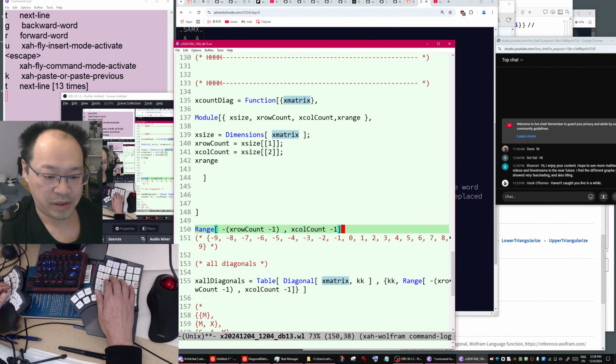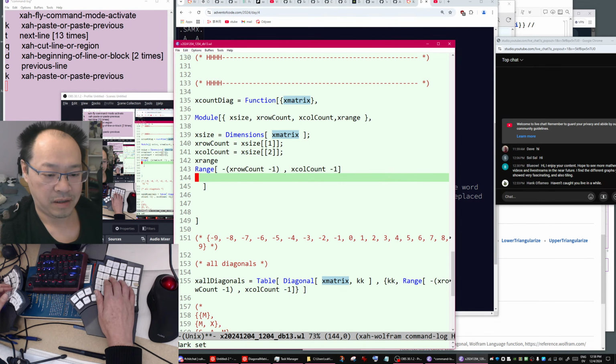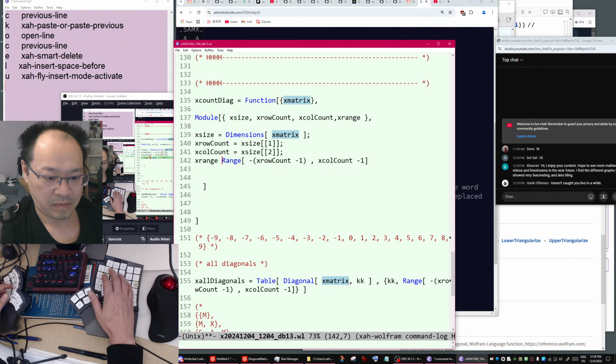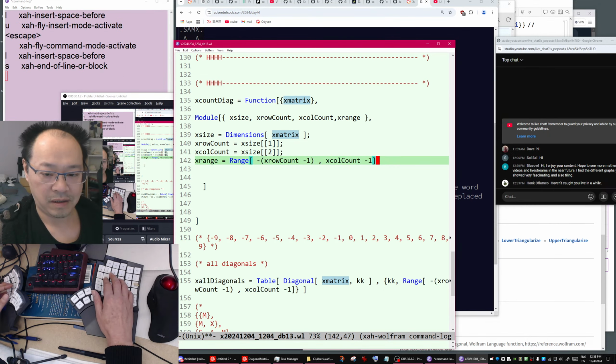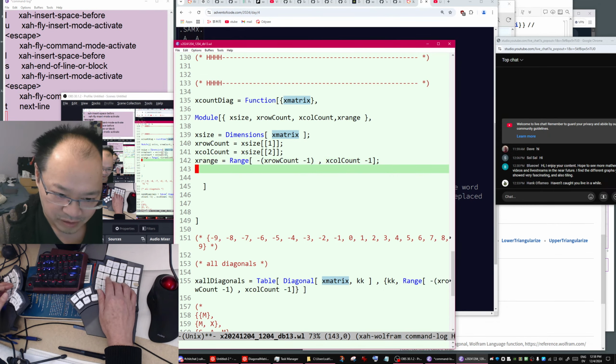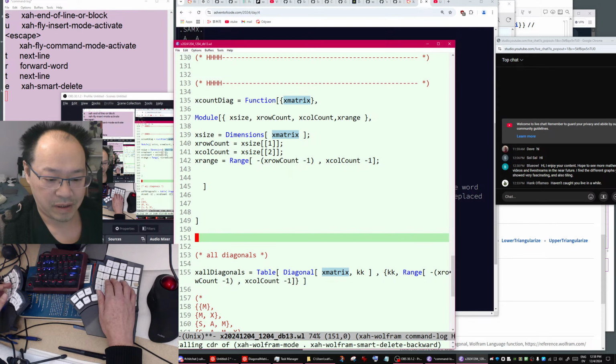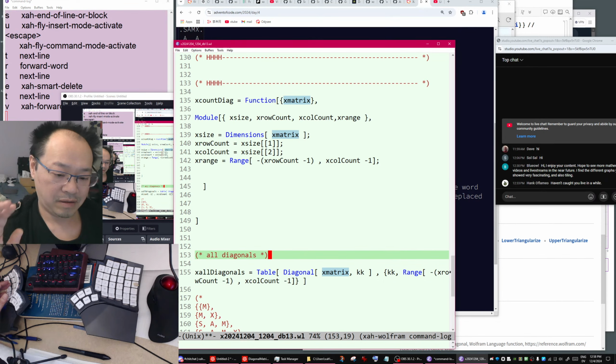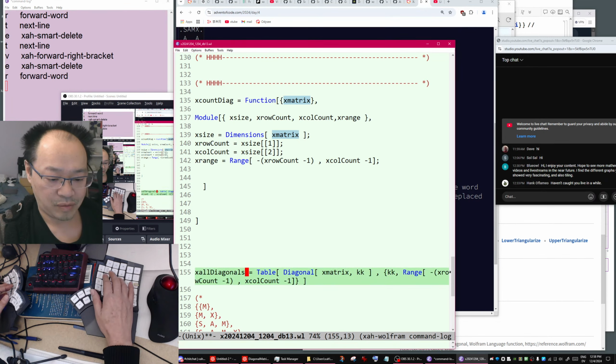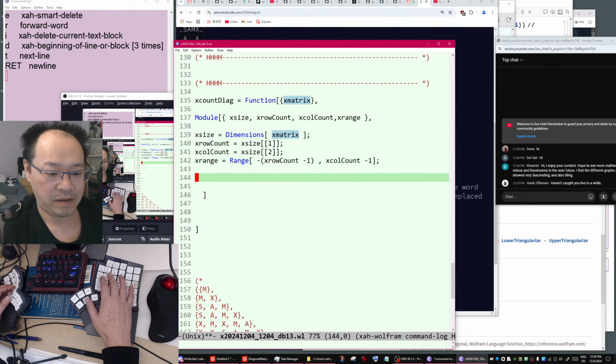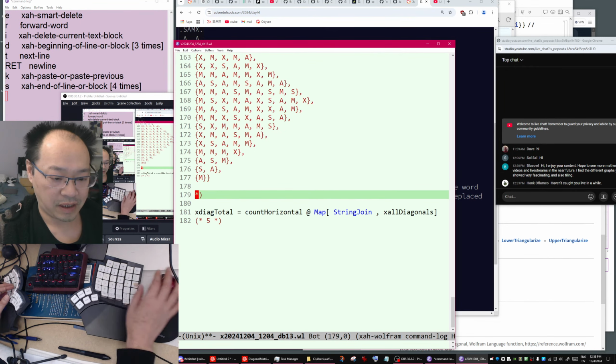The range will be that, with a semicolon to suppress the output. Then you get all diagonals and then count.